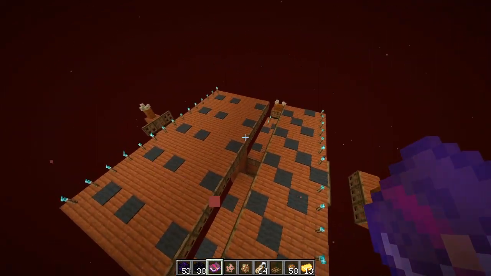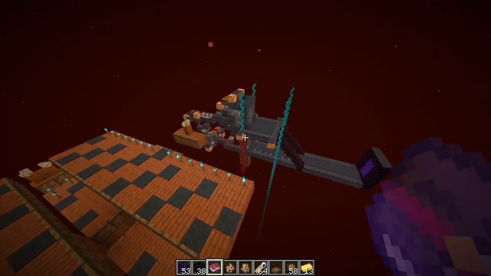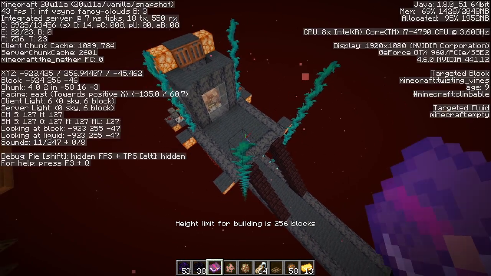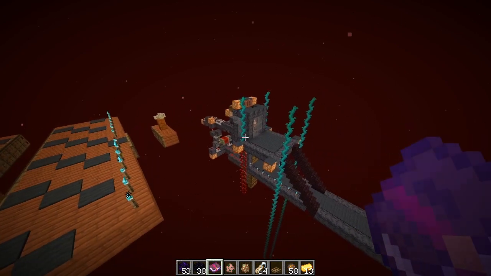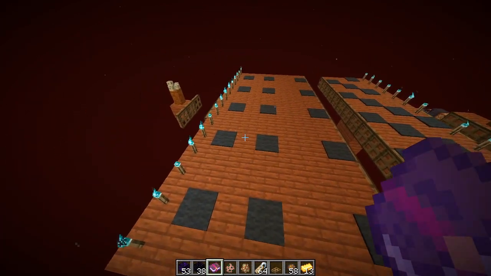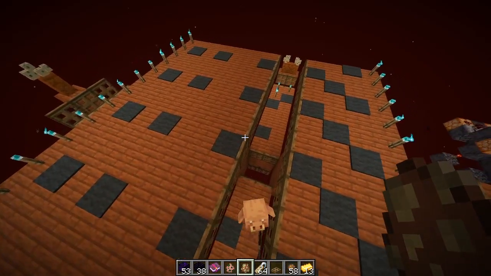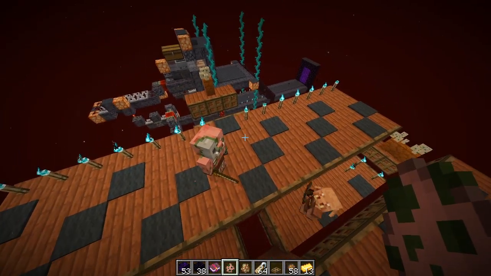There is a workaround that I have come up with, I guess. It's just to create a spawning platform on top of the farm. So I am up at the world height. As you can see here, height limit for building is 256 blocks. And I'm right at the height limit. Otherwise, I would have put this on top of the farm. Basically, these spawning platforms are here to get the piglins spawning. The carpet prevents hoglins from spawning because they will kind of ruin everything. And the zombified piglins will be